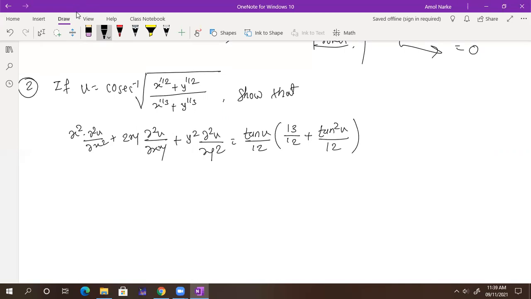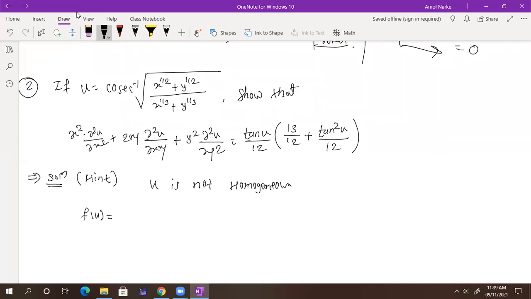So tell me whether u is homogeneous or not. No, sir, u is clearly not homogeneous. This is a homework example. I will give you a hint only, meaning a rough solution, and we just need to write it in a proper way. So u is not homogeneous. Tell me what is f of u here.